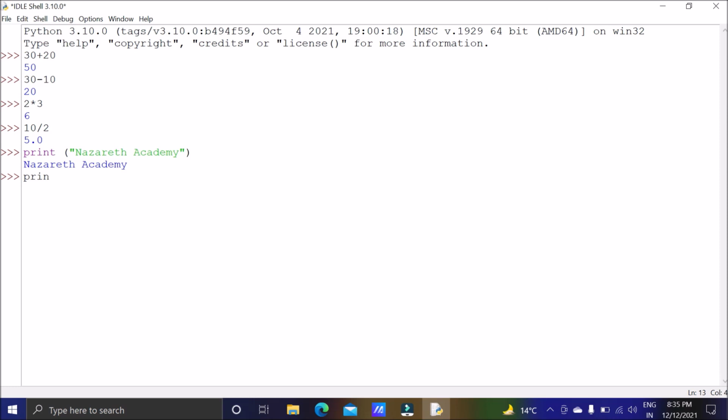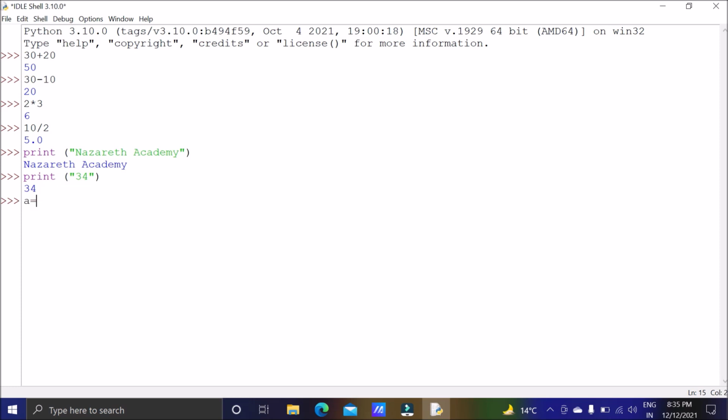Suppose you write a number also, it will work as a string because you have given it inside double quote. So 34 will get printed. Here it is a string, it is not a number. So whatever you write inside double quotes will get printed as it is, no changing.